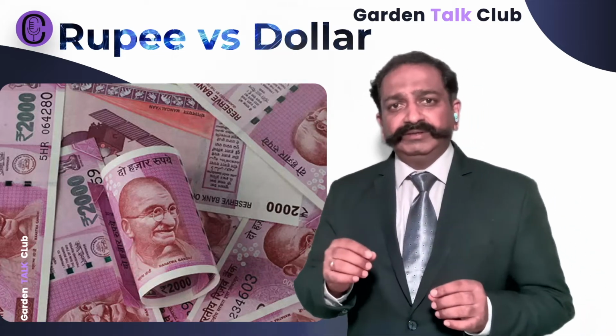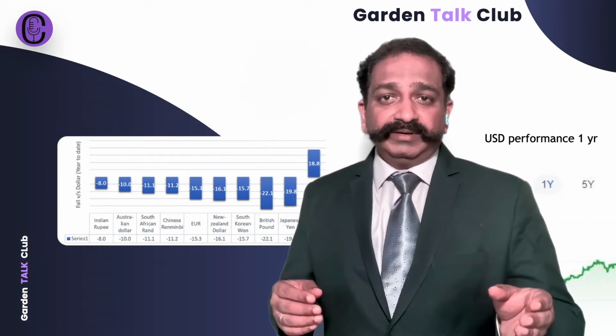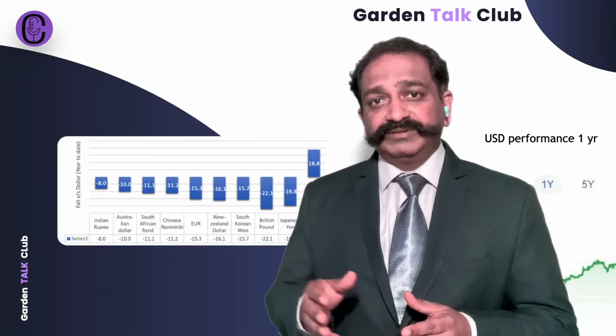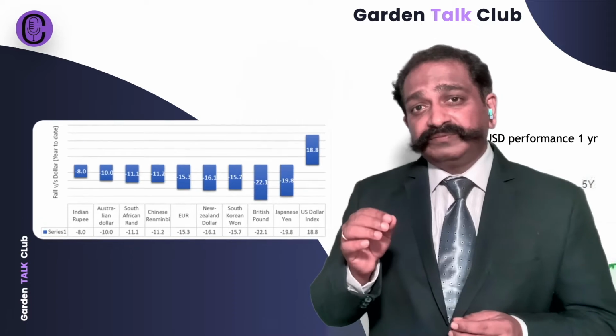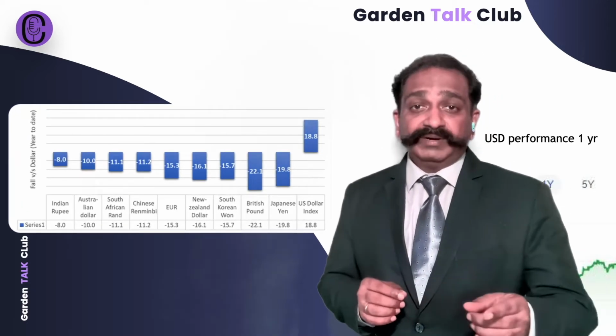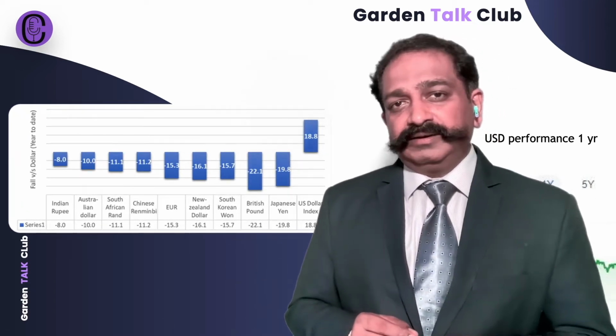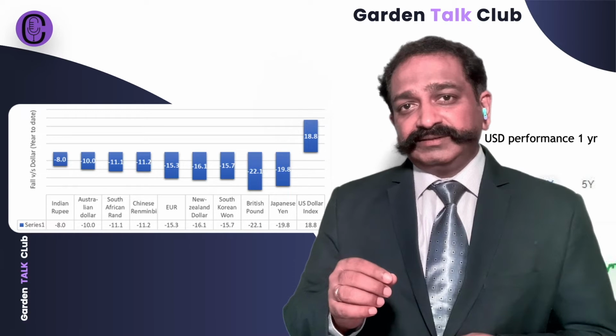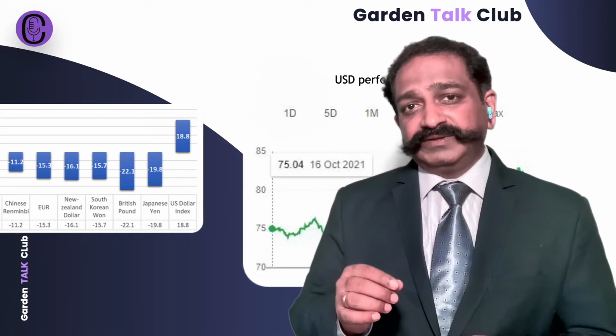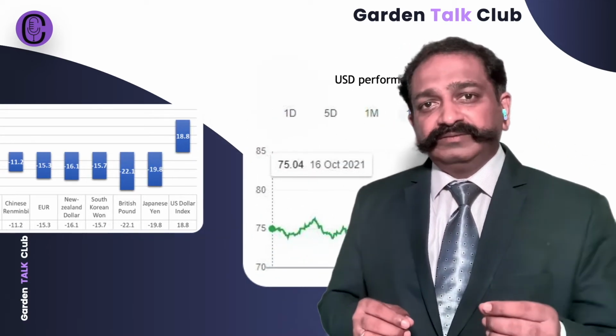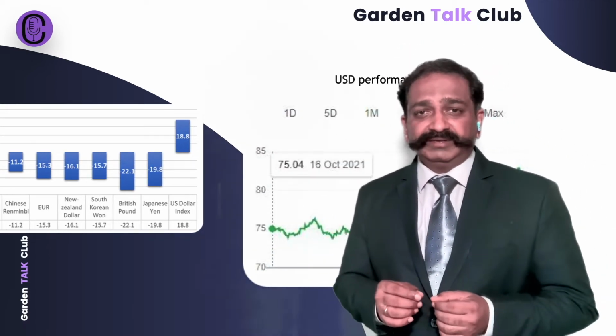Check USD to INR performance over the last year. In 2021 it was around 75 rupees, and now it's 82. Is it due to good performance of USD or bad performance of our INR? You can't say on the basis of that curve alone. To check this, we'll have to find out something else.